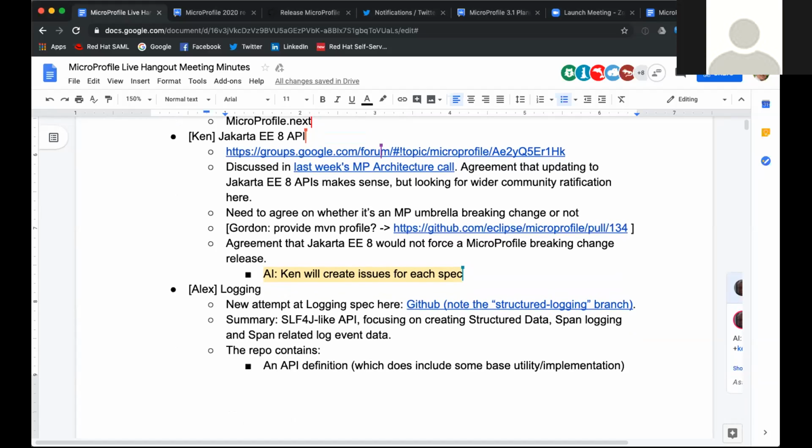If not, each spec could just change the Maven coordinate, and then we can raise another issue to investigate the common parent POM later. But I think we need to target the February release and get that done.